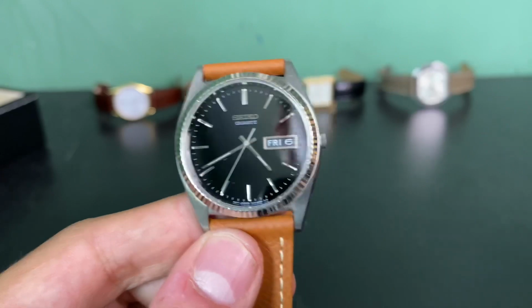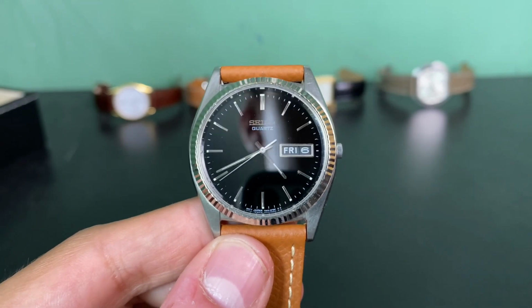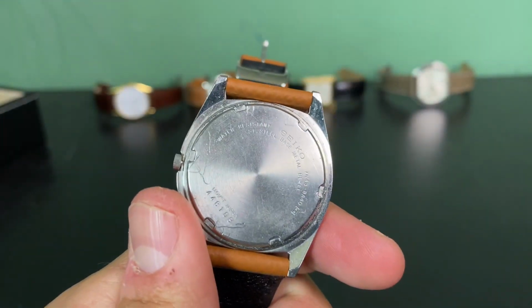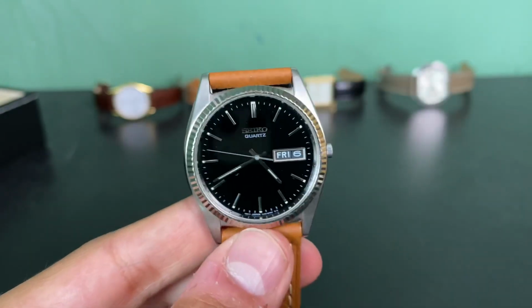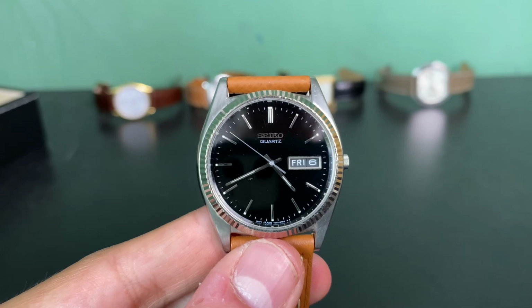But this is a really nice piece. I wear it all the time. That quartz practicality, you just can't beat it. Day-date functionality, again, given to me by a family member, so of course there's a meaning there as well. And a nice, practical, nice looking piece. If I ever want to have some sort of Rolex vibes, I always pull this thing out